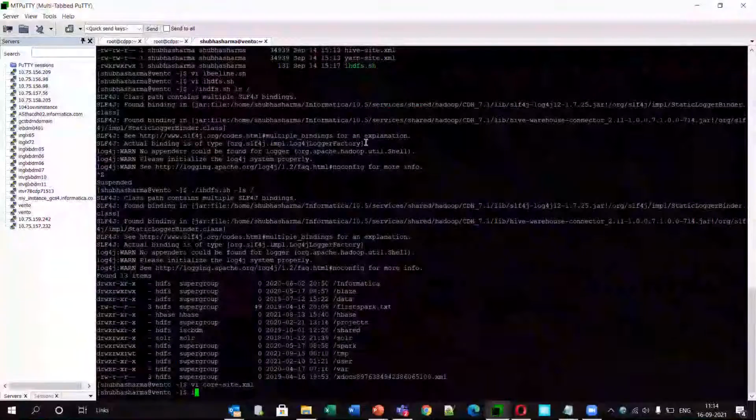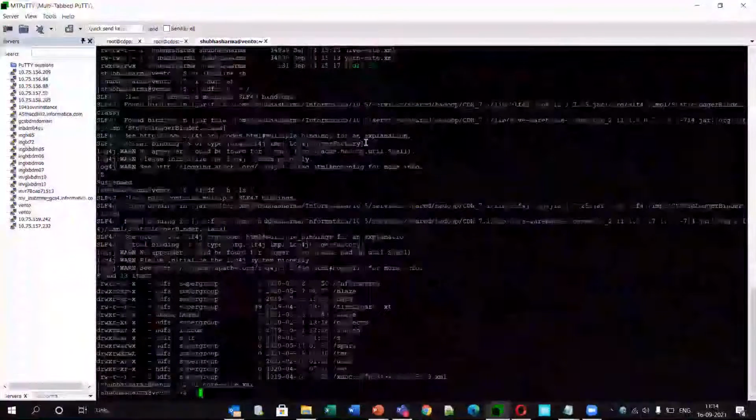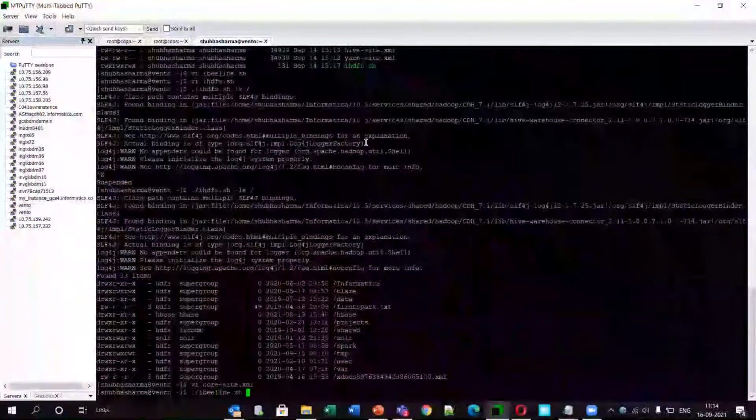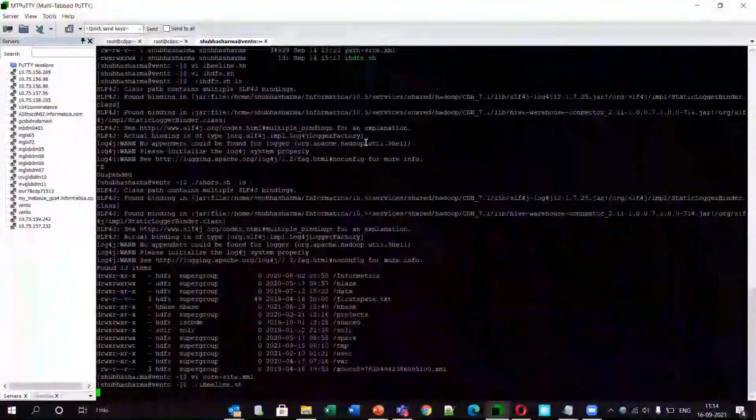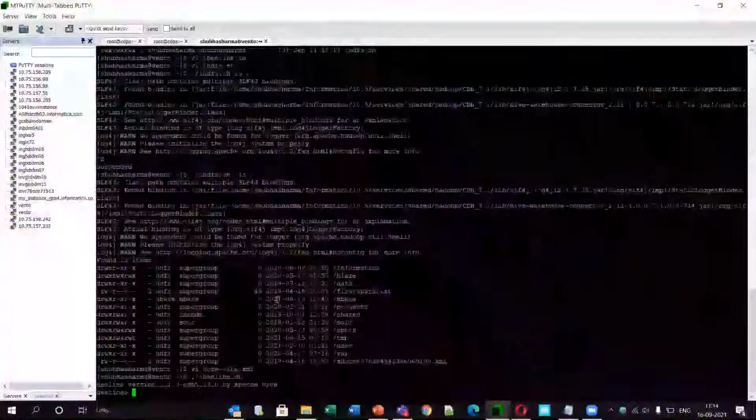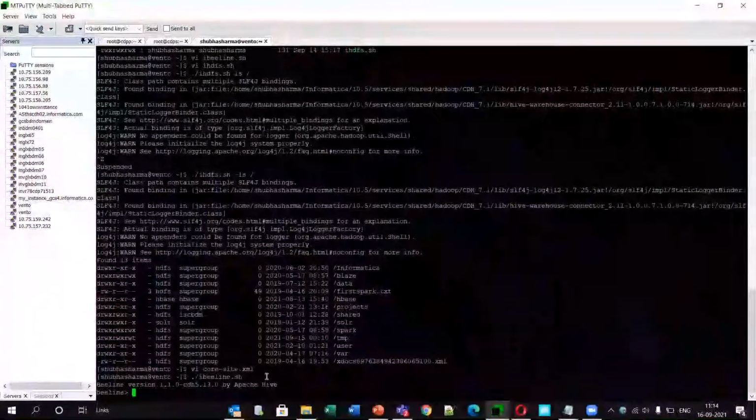And if I run ./ibline.sh, then it will ask me to connect to a cluster.